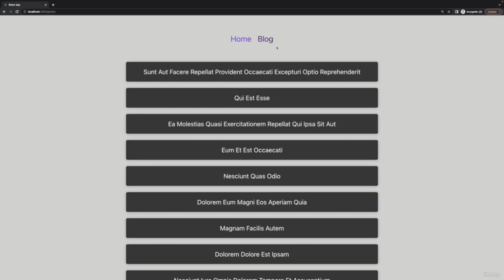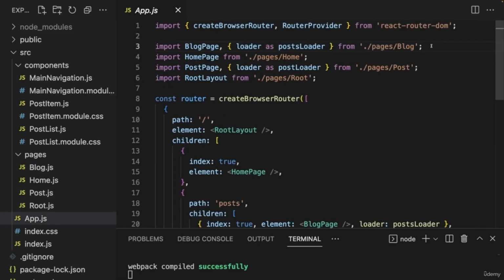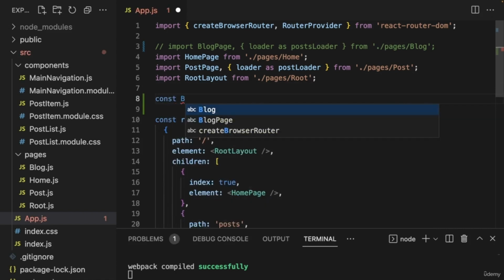And at that point of time, once we navigate there, it should be downloaded. And that's exactly what lazy loading will do for us. So in order to load this blog page lazily, we first of all have to remove this import. Otherwise, it's always loaded. It's loaded eagerly, as it's called. So we must get rid of that. Then, as a next step, we have to re-add it, but in a way that it's only loaded when it's